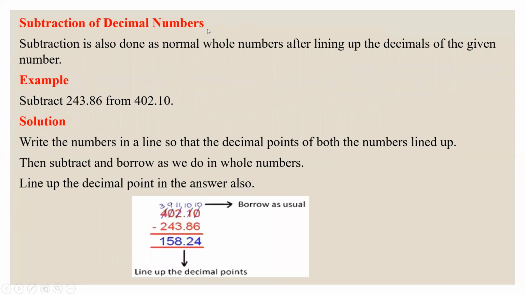Subtraction of decimal numbers. Subtraction is also done as normal whole values after lining up the decimals of the given number. Let's take an example. Subtract 243.86 from 402.10. Here, write the numbers in a line so that the decimal points of both the numbers are lined up in this manner. Then subtract and borrow as we do in whole numbers. Here, the final answer that we get after subtracting is